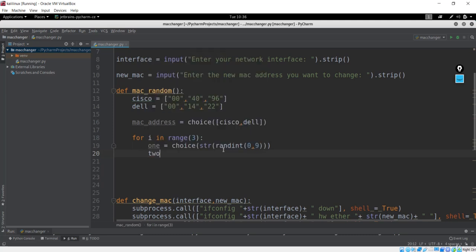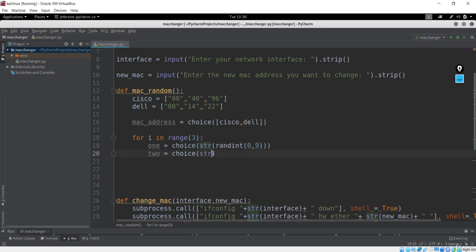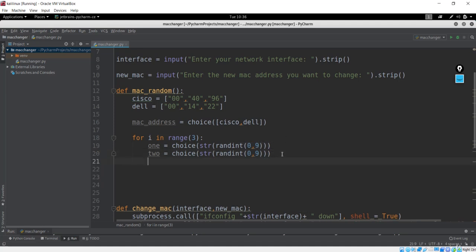The next part of the pair will again be from randint, again 0 to 9. The next statement is very important, because I want to add both of these together.